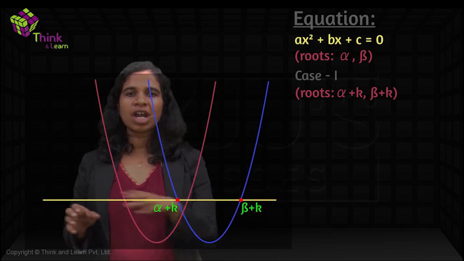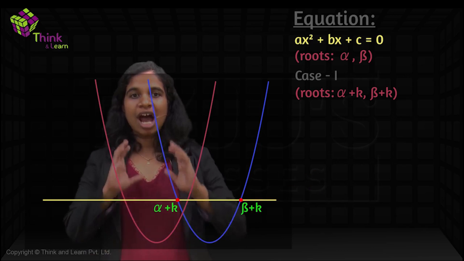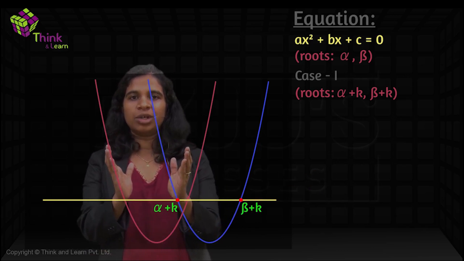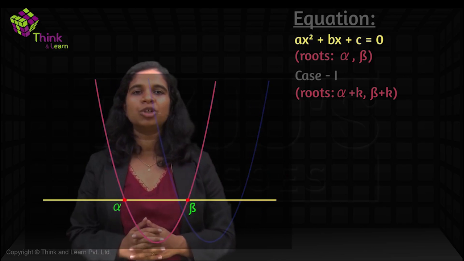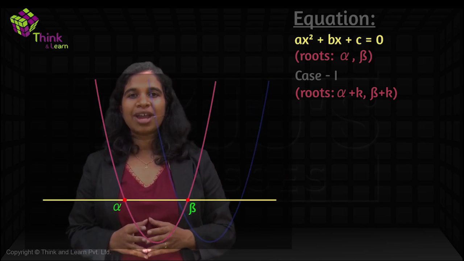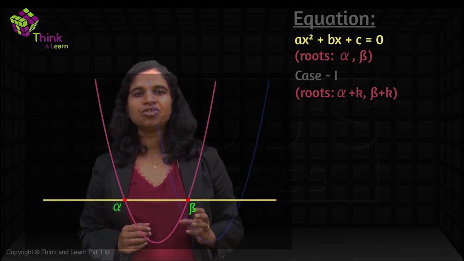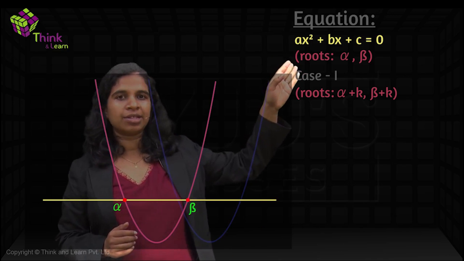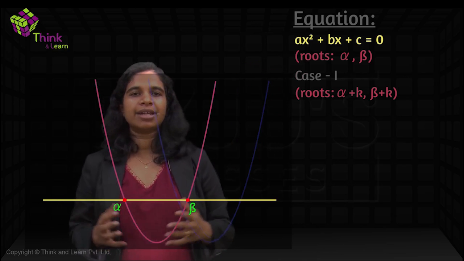When you're trying to move a graph horizontally, if you want to bring it back to its original position, now our original position is this original graph given to us, right? That's what we are starting with. So to bring this graph back to its original position, instead of x, you will substitute x minus k. So that simple is the transformation. If you have a new equation with roots alpha plus k and beta plus k, you will just substitute in place of x, you will put x minus k and it's done.